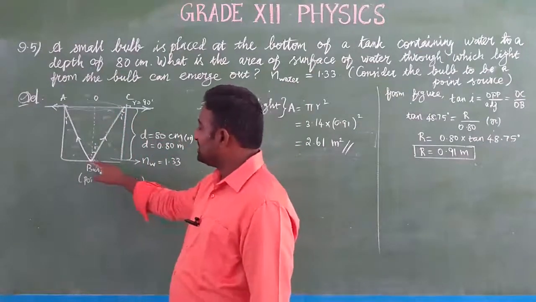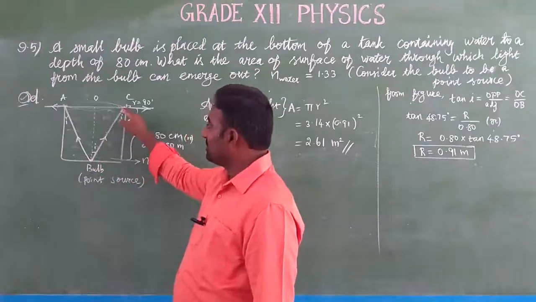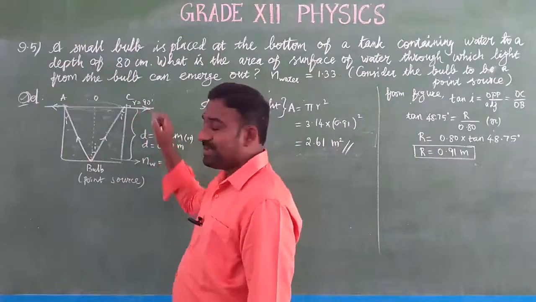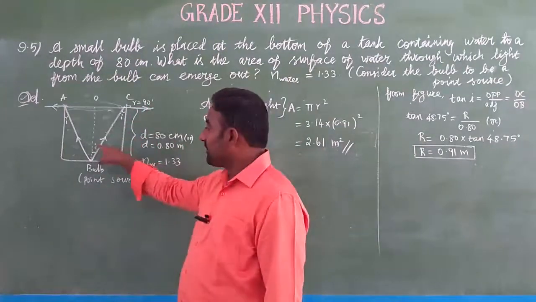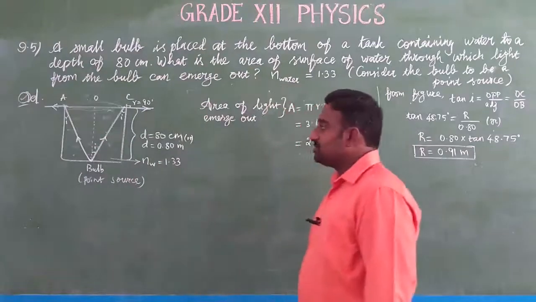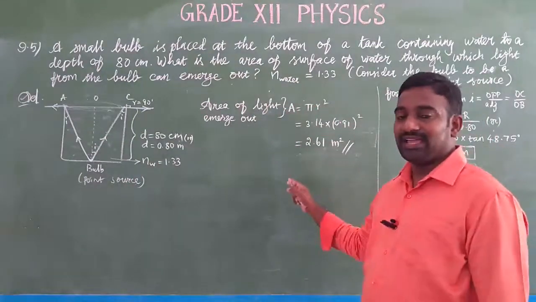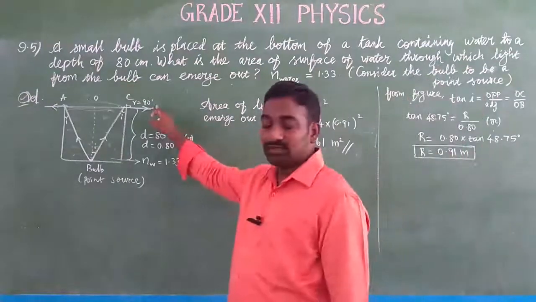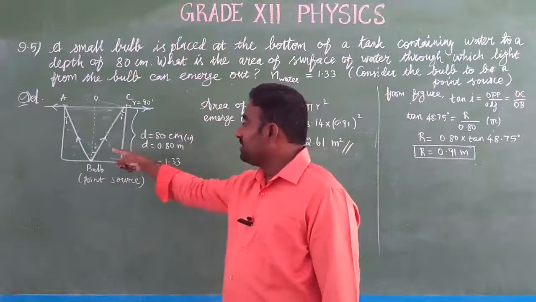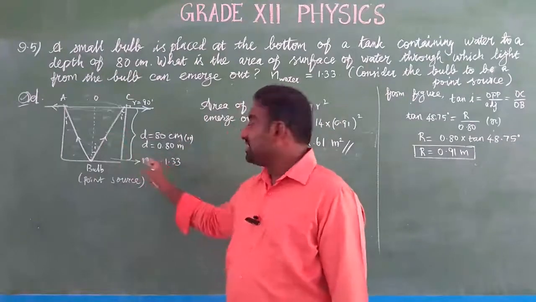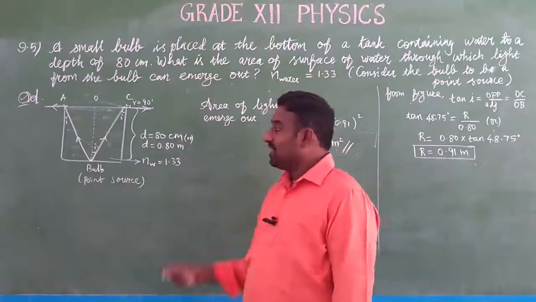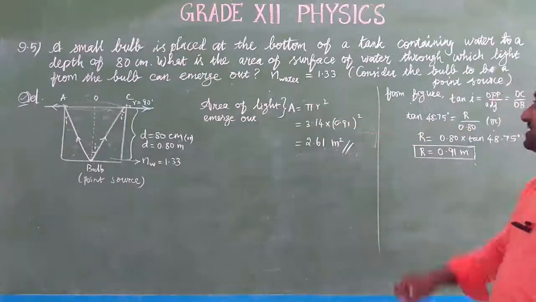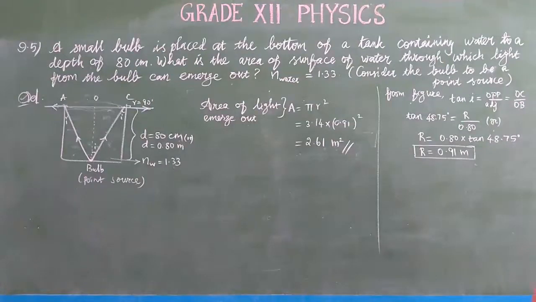So in this case, when the light comes out from the point source, it is refracted at the surface of separation itself, so the refracted angle becomes 90 degree. We are going to find the angle of incidence. For that we use the formula n is equal to sin r by sin i. Sin r is sin 90 degree, and the value is 1. They have given that the tank is filled with water, and the refractive index of water is 1.33. After substituting and rearranging, we get the angle of incidence, which is 48.75.